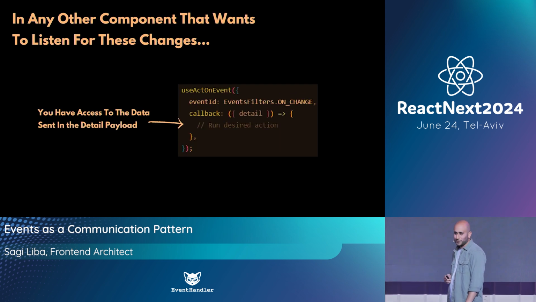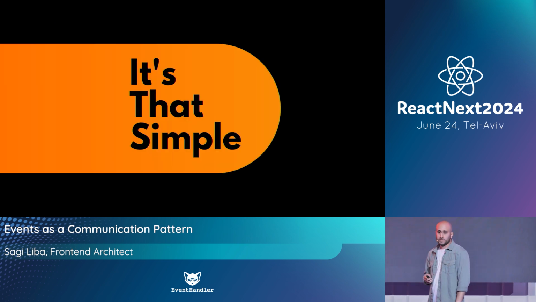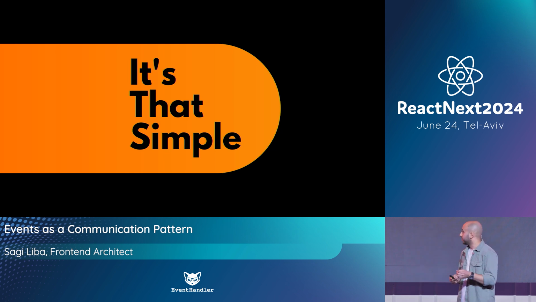Finally, the custom hook we've just seen, called useActOnEvent, simply receives the event ID, currently for the filters change, and a callback function that you can run and get the latest payload that was sent in the event and run whatever action you want to perform. Okay, so it's that simple. We've got a simple send event function and a custom hook, nothing special, and that was the missing communication pattern